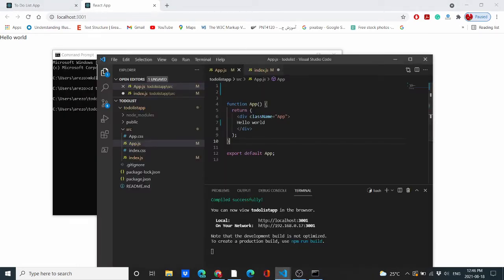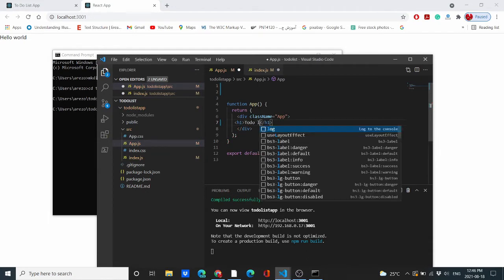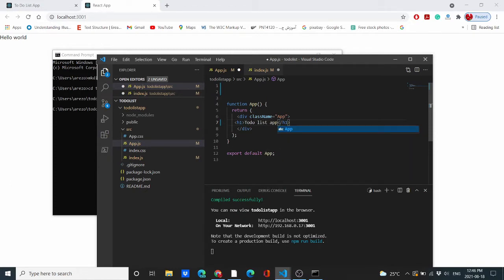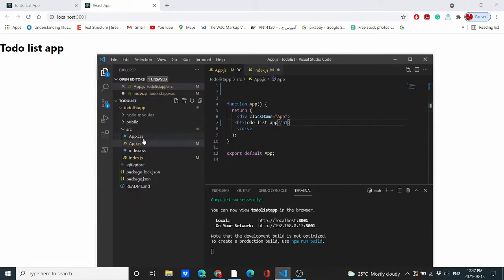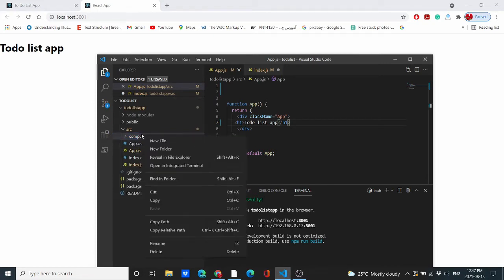Okay, for now I can use the header to-do list app. Save it, and I have it here. And right now I need to add something for having the to-do list app. So I need to add a new folder here with the name components, and then I should have 3 files inside the components: